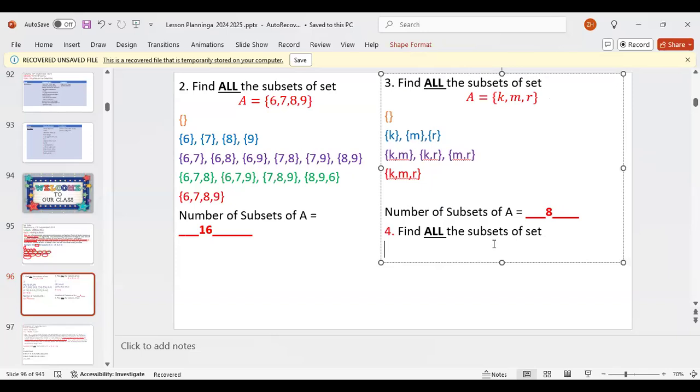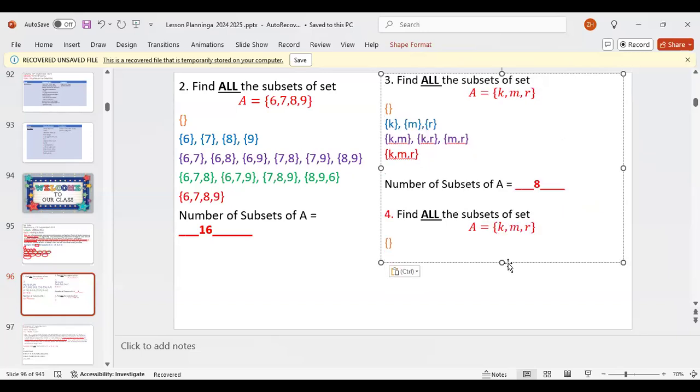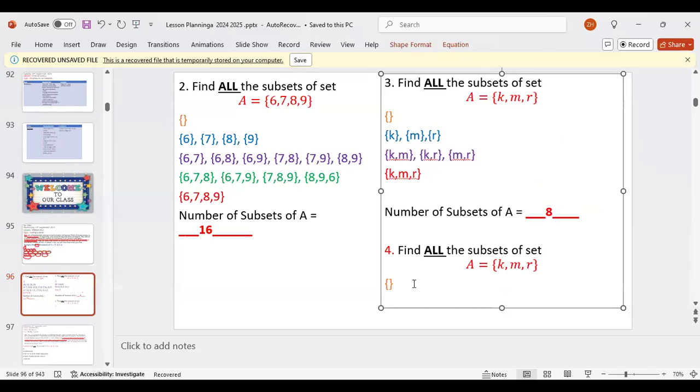All right, so find all the subsets of, let's do one where the set only has 2 elements, and let's see what the pattern is for that one. So in this case, we have set A, and let's say set A has Jane and Mary.